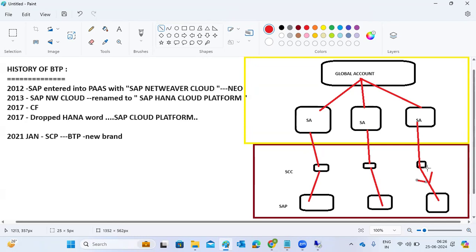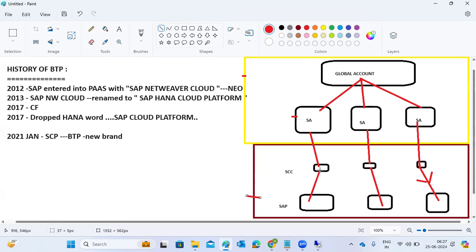Without the cloud connector, your cloud-based services cannot connect to our customer systems. Why? Because BTP is a public service, and our customer networks are private. Public to public, we can connect directly, but public to private, you cannot connect directly.